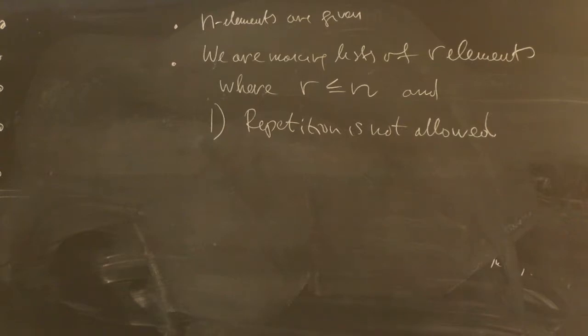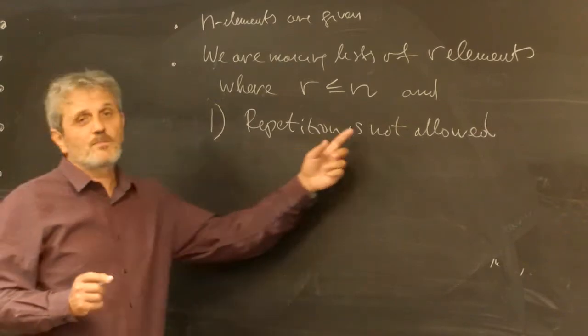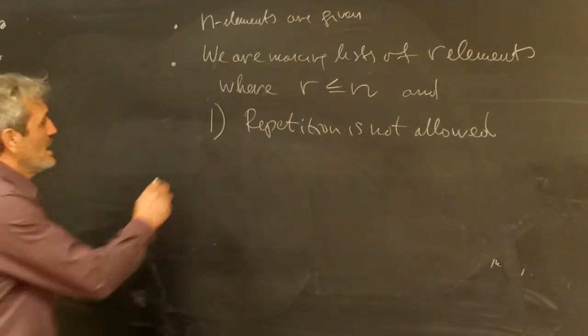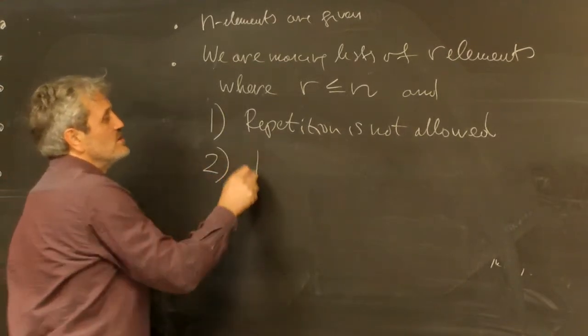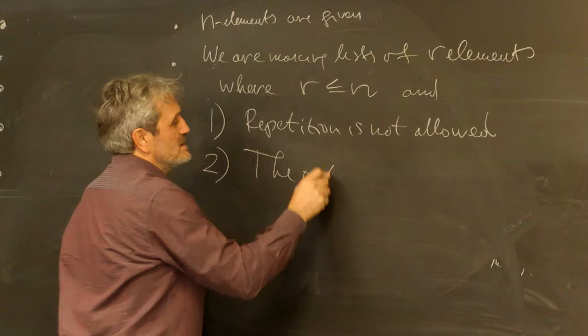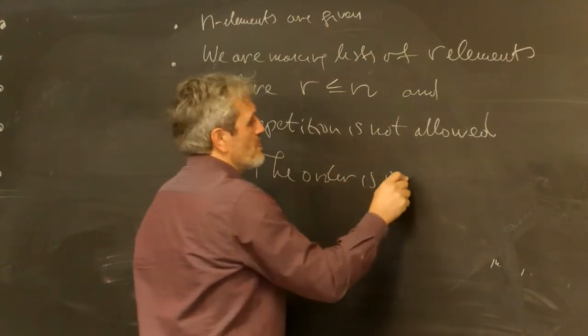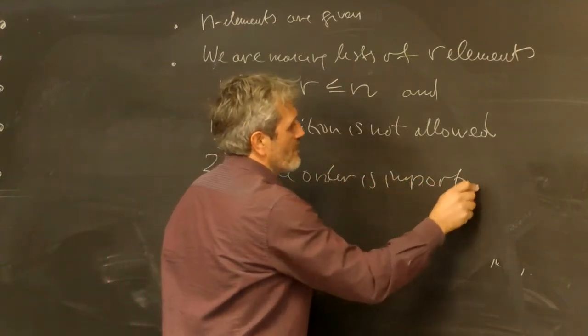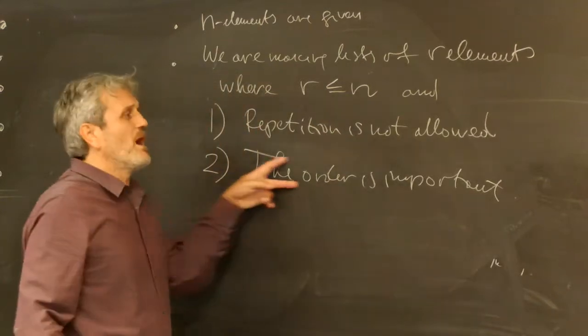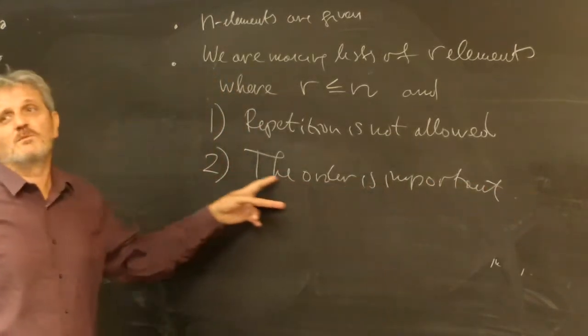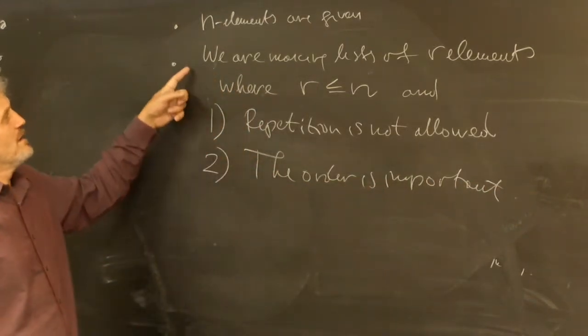For this configuration, you can use the formula from this section, or you can call it permutation, if repetition is not allowed, and what else? The order is important. Actually, this requirement is a little bit redundant. Why? Because